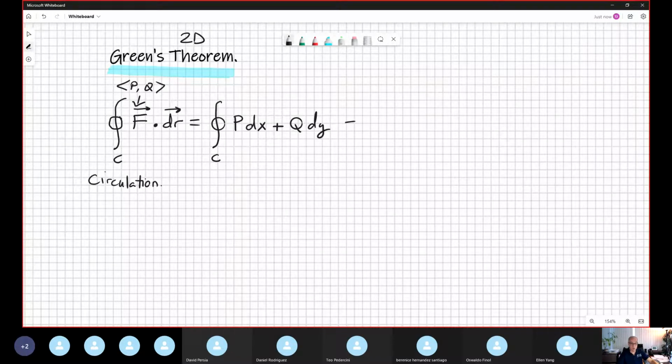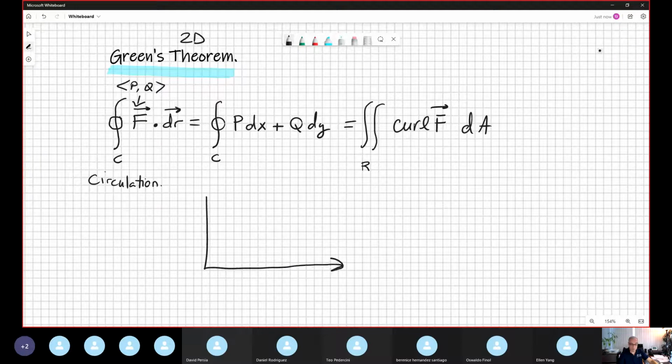And Green's theorem says, wow, double integral in the region R. Okay, we want to explain what the region R is, of the curve of this vector field, dA. I put dA because I don't know if I want to integrate dx dy or in polar, no? That double integral. So what is the interpretation of this? So we have the closed curve,